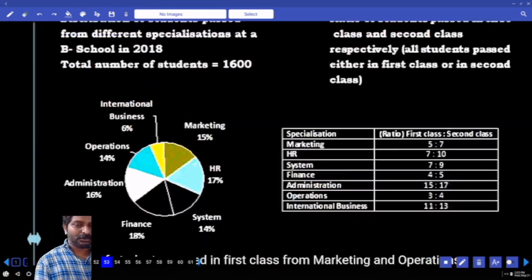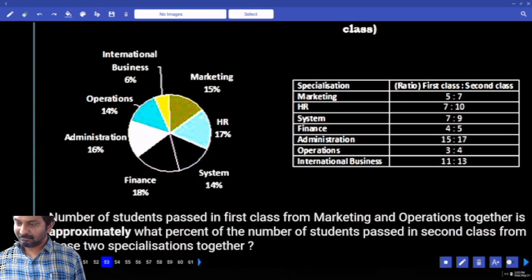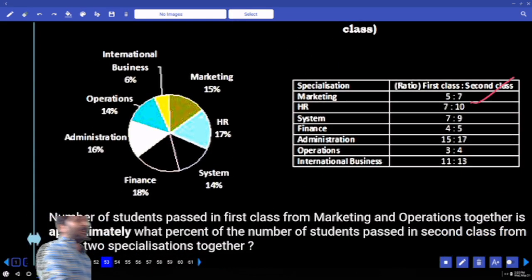Directly I am going to marketing. In the table, how many parts of first class people are there? 5. Second class? So marketing first class people, are they more than second class or less than the second class? Less than second class. How many parts less? Upon calculated on 7 parts. 2/7 in the sense